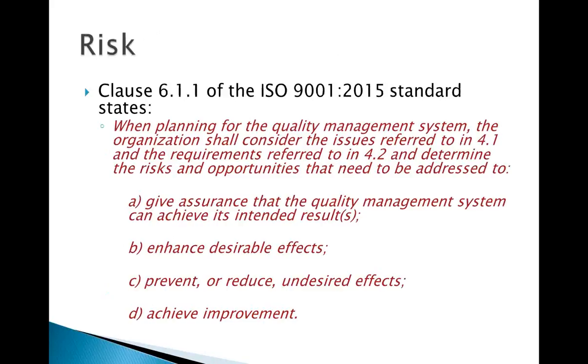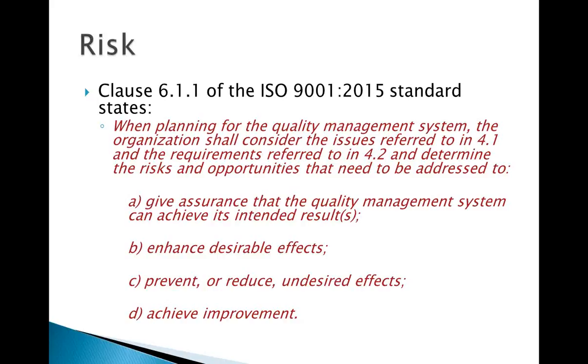So let's take a look at the core text as it's presented in the standard itself. And again, for this, we look to Section 6 and specifically Section 6.1. And there's 2 subclauses. Here is subclause 1. When you're planning for the system, you need to consider the issues that are referred to in 4.1 and the requirements that are referred to in 4.2. Now let's talk about those 2 clausal references. When they're talking about issues referred to in 4.1,